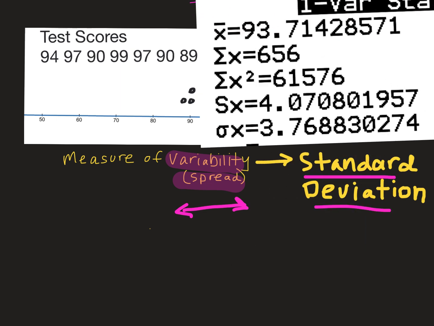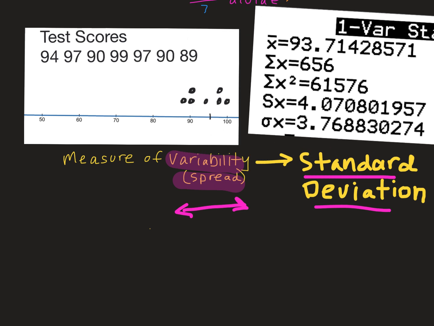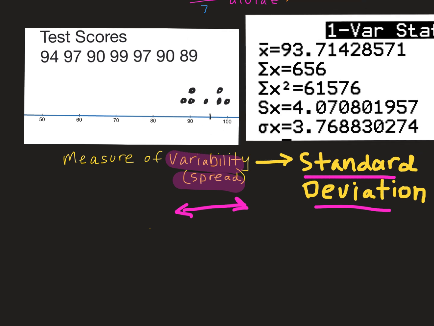Instead, we're going to use your graphing calculator and recall that the standard deviation is measured by this one right here. So our standard deviation, our measure of spread, is going to be pretty close. That's what these little wavy equal sign marks mean. It means it's pretty close to